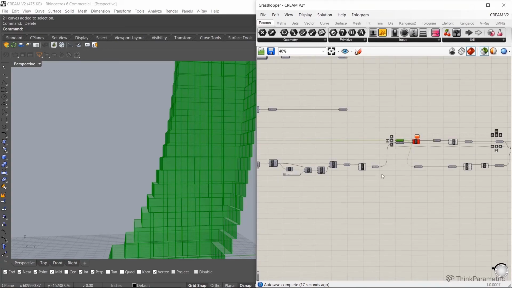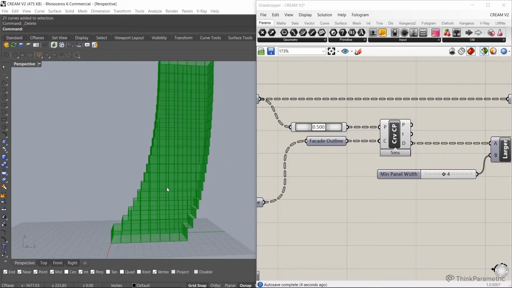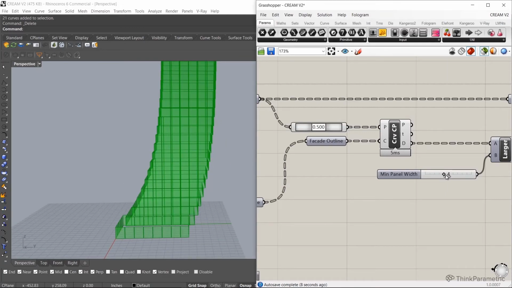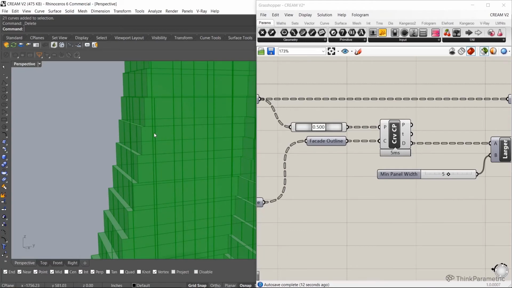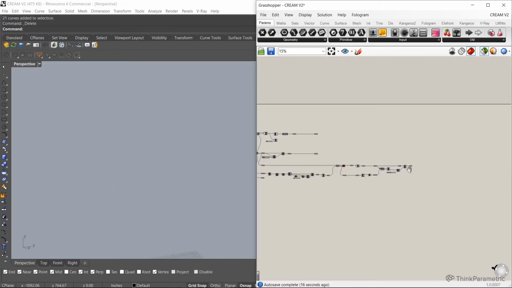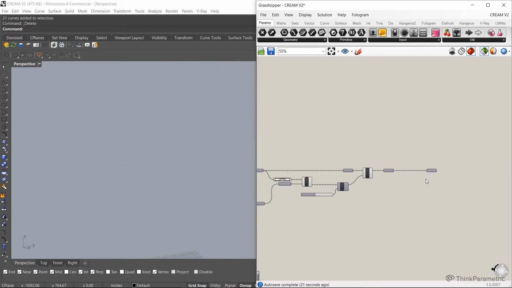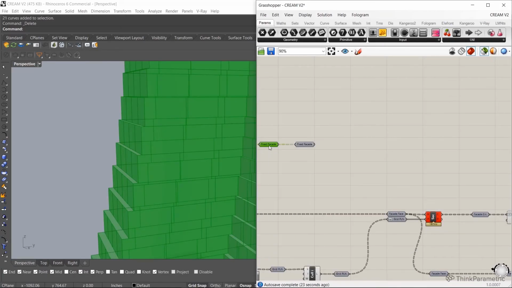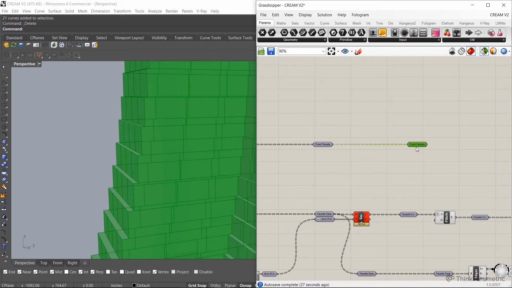So let me just select one of the surfaces. So there you go. You can see now that this guy has the mullion missing out of it, which is fine. You can also come back here and you can play with what that distance is. I think 4 feet would probably be realistic. I'm just going to stick with 5 feet just so it doesn't create any issues later on when we're making the Revit panel. So that's it.